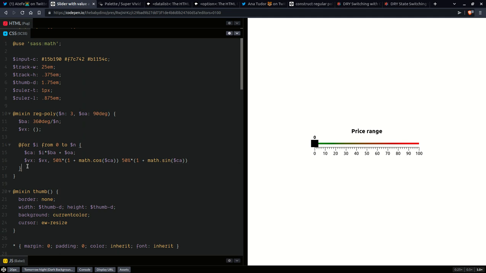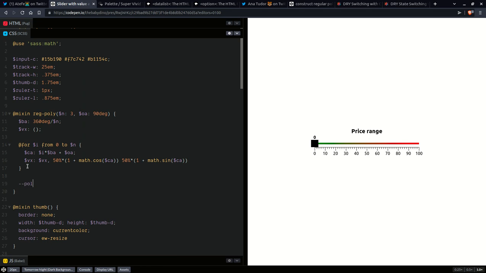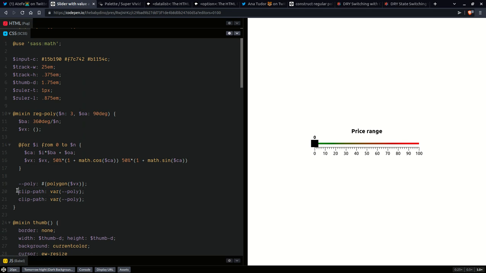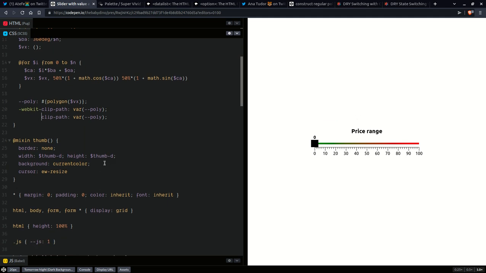Now here we are going to have a polygon which is going to use those vertex coordinates, and for those browsers that still need this damn thing, okay, now here we're going to